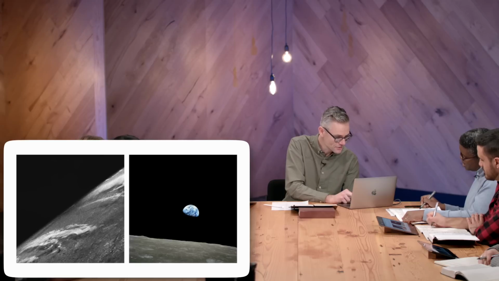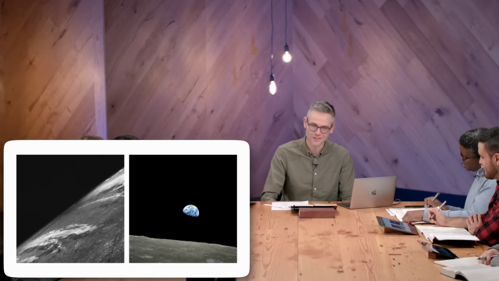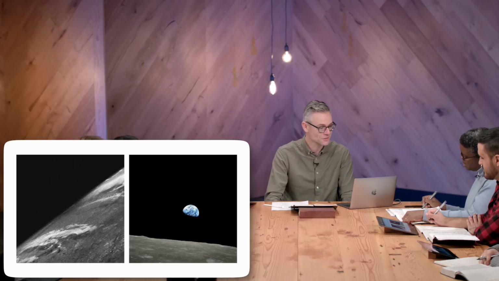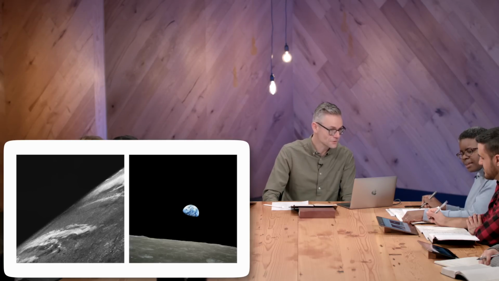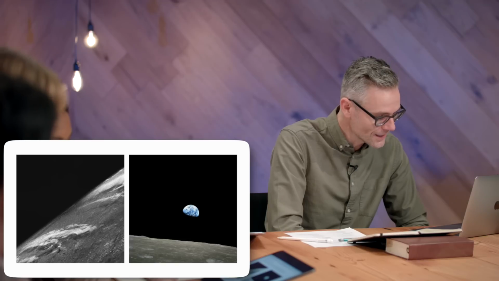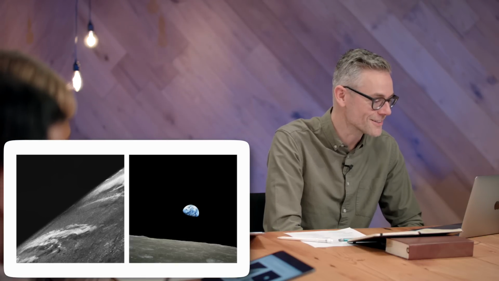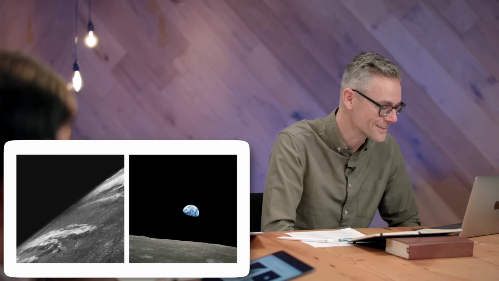I have here in the notes, just for good trivia, on the left is the first picture taken of Earth from outer space. On the right is the famous Earthrise picture taken from the moon landing in 1968. So this is just to register the fact, when I am sitting here thinking of the globe when I read the first sentence of the Bible,